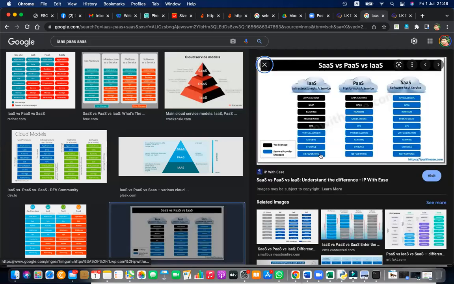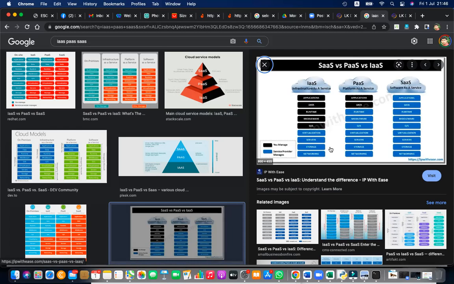Let me explain. This is like you rent an empty building. You get all the networking, storage, devices, virtualization, processor, everything, but you are not getting the operating system. You have to put in your own, whatever you like. Middleware, you are not going to get. Runtime, no software, no data, no application, everything you need to put. You are renting the building only. You are renting the computer only, which is in the cloud. Cloud means in the internet.